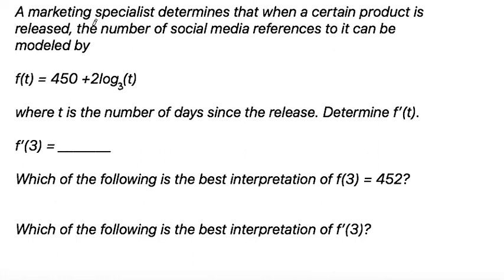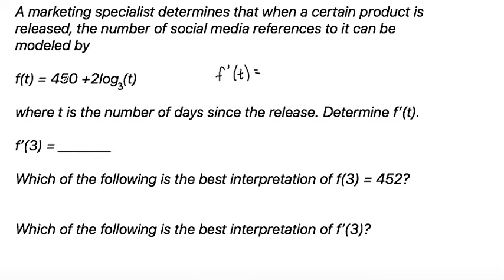Alrighty, so this problem says a marketing specialist determines that when a certain product is released, the number of social media references to it can be modeled by f of t is equal to 400 plus 2 times log base 3 of t, where t is the number of days since the release. Determine f prime of t. So the first problem is just to take the derivative, and to find f prime of t,